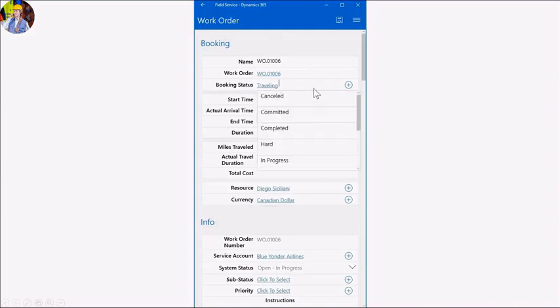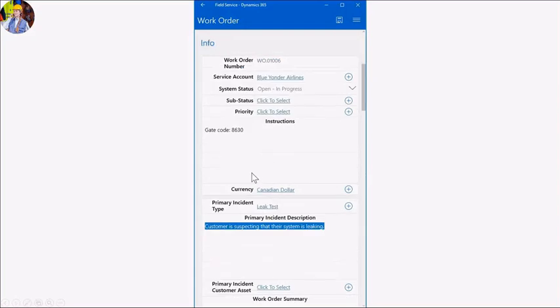So as I click here to change my status, I'm now going from traveling to in progress, and you'll see that updates my actual arrival time. It's still going to be saving my planned start time, but it's going to be updating my actual arrival time, and it still understands how long this service is going to be. It's also going to be tracking, based on my geolocation, how far I've traveled. How long was I in the car? How many miles did I travel? And if I want to associate mileage and time as a part of that travel, I can get a cost